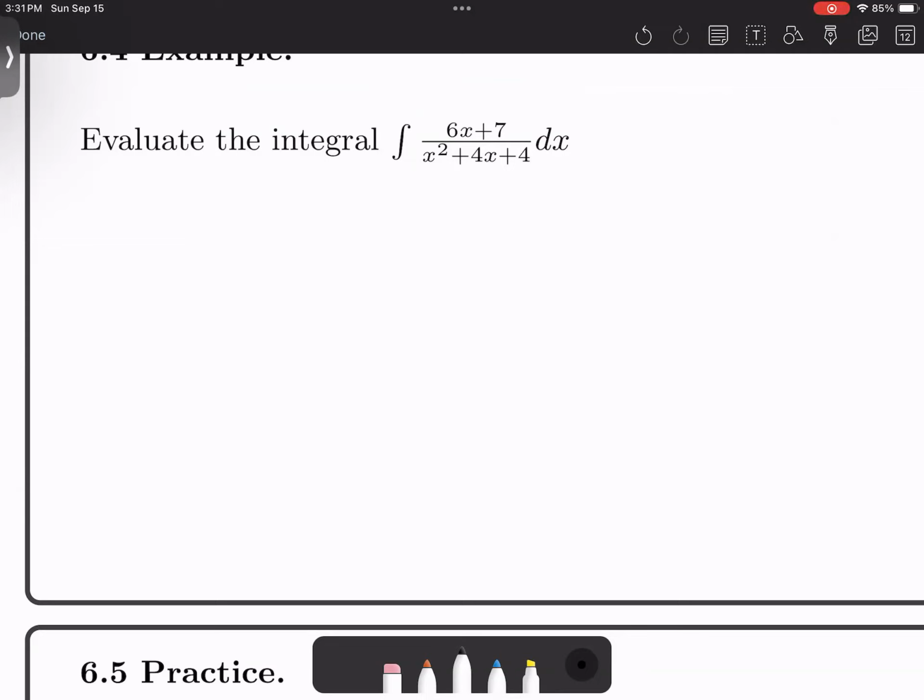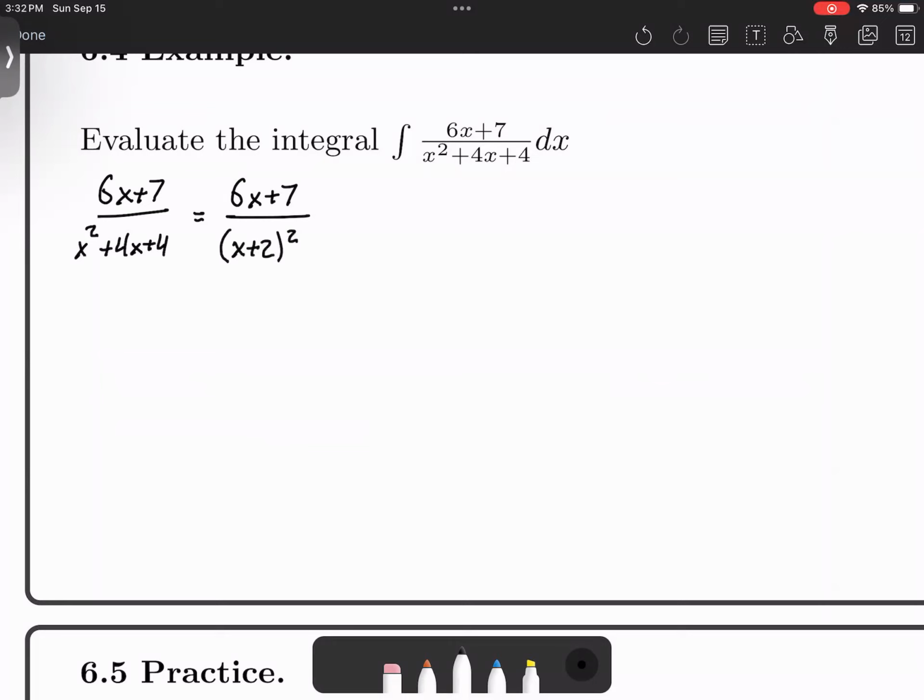So let's go ahead and do the same thing that we did before and just play with the integrand. And we will bring back the integral later when we rewrite the integrand. We have (6x + 7) over (x^2 + 4x + 4). Again, our goal is to factor the denominator as much as we can. You can notice the x^2 + 4x + 4 quadratic function factors as (x + 2)